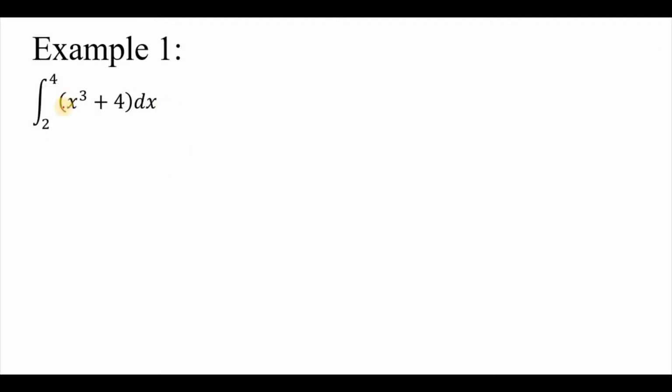So to do that, we're going to first find the antiderivative of x cubed plus 4. We know that this is equal to the integration of the first one plus the integration of the second one. Basically, this is the integral from 2 to 4 of x cubed dx plus the integral from 2 to 4 of 4 dx. And this is basically equal to x to the 4th over 4